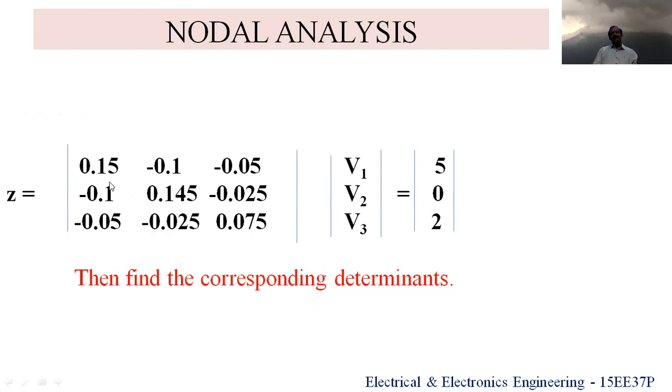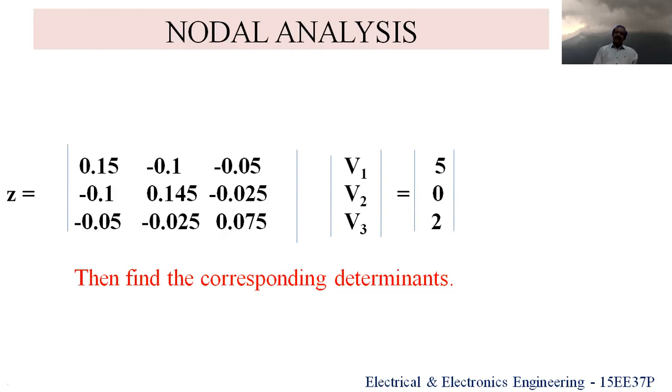So determinants can be found like this. As you know, 0.1 is taken as the common one, so we are leaving that particular row and column. So you are multiplying this and minus this part. Similarly, minus of minus 0.1 is taken as the reference now. So it is 0.05 into minus 0.1 minus of this 0.025 minus 0.05 plus minus 0.05. So for the common one, you leave the row and column. Now you calculate the determinants here. So that is the determinant of Z here now.